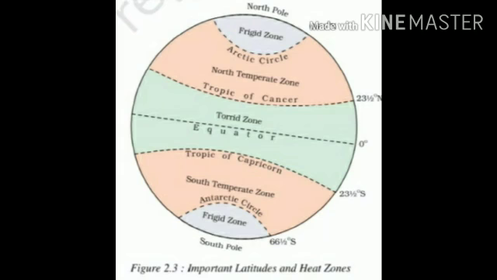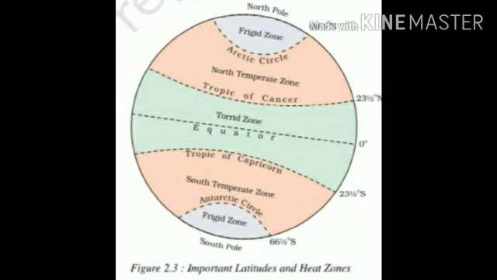Now again one more picture you can see on your screen. You can see the equator dividing the globe, or the Earth, in the middle. The upper part of the equator is known as the northern hemisphere. The lower part is known as the southern hemisphere. Whatever comes in the northern hemisphere is depicted as N, and whatever comes in the southern hemisphere is depicted as S. That means south. N means north. The two poles are there, North Pole and South Pole.